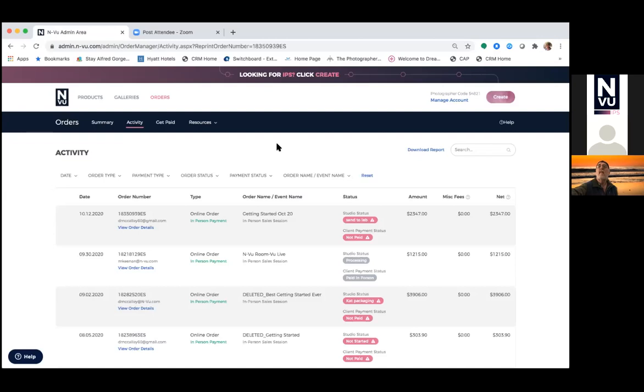Okay. Yeah, perfect. And then another question from Peter. It says, if we let clients order prints online, how much time do we have to retouch the image before you print it? How does that work? Okay, so if you are doing an automatic fulfillment through InView, and the order's placed, it goes immediately, as soon as the purchase button is acknowledged, it goes straight to the lab and is processed. So it's a very quick process. So you don't have time to retouch